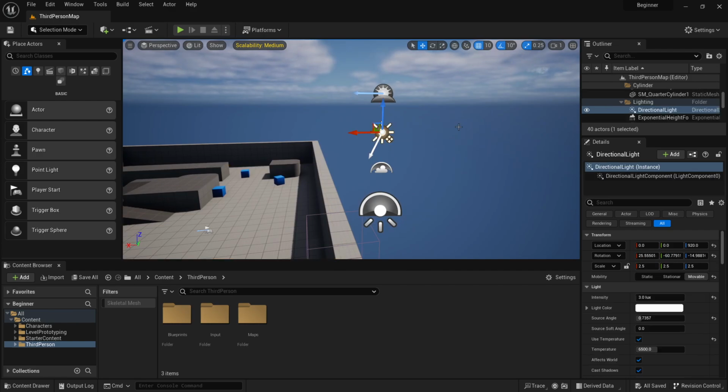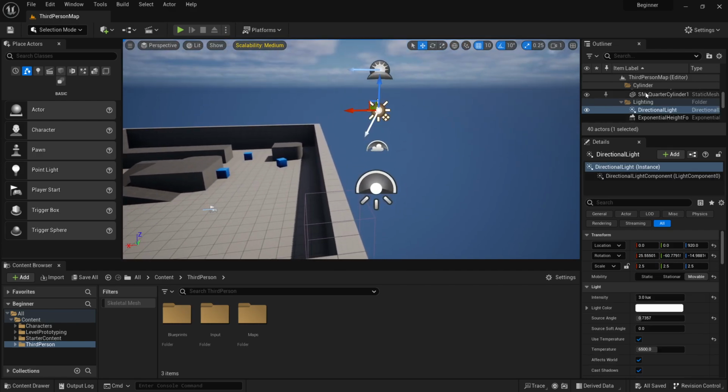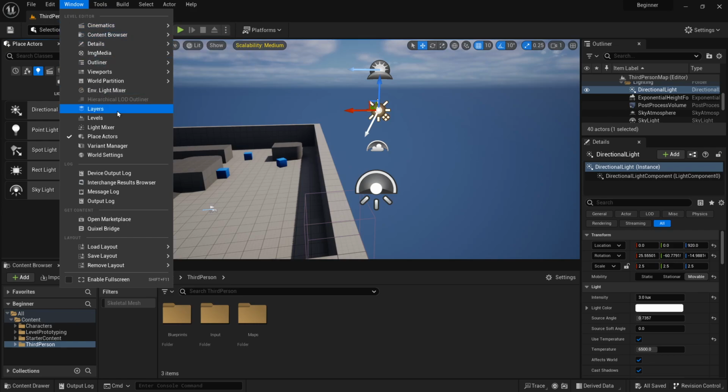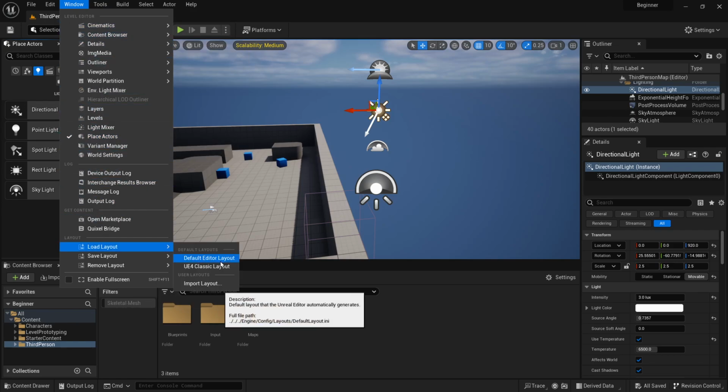There's two main ones that you will use in an exterior world. This is the directional light and the skylight. You can find these under your light tab over in your place actors. Remember, if you don't have your layout like this and you can't find this, you can either go to window and hit place actors to get this, or you can go down to load layout and just hit that